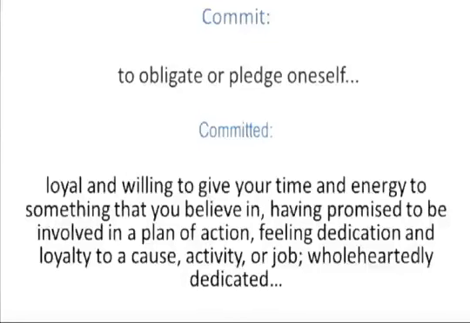A feeling, dedication, and loyalty to a cause, activity, or job, and it also is wholeheartedly dedicated. So that's when you're involved. When you commit yourself, you are committing to do something. And when you're committed to it, now how does someone know you're committed? Because through your attitudes and your actions, your choices, they see that you're committed to doing this particular thing, like